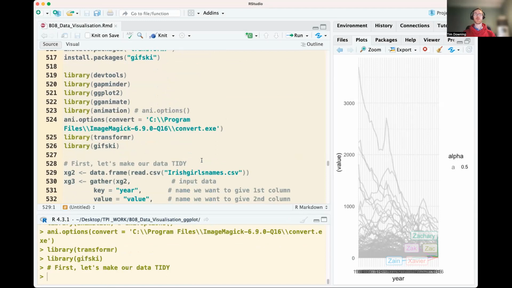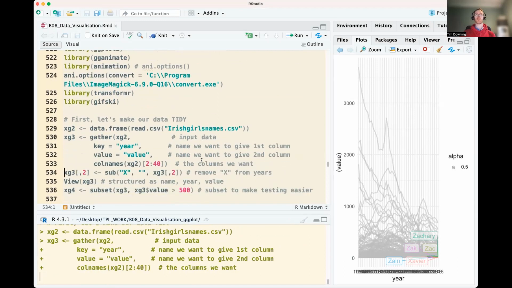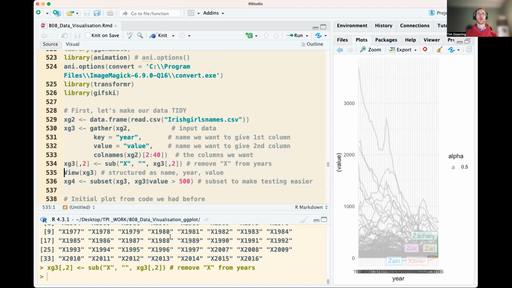What we're going to use here is the Irish girls' names. So we're going to gather them as well in the same way as before, just giving the column names there for each of the years of interest. So you see there's fewer years that were provided there. And what we're going to do is remove those X from the years so that we can use that as numerical data,